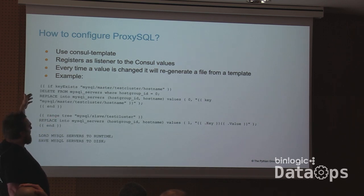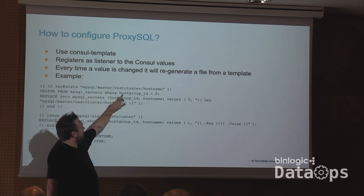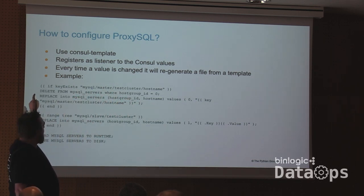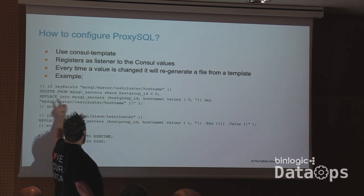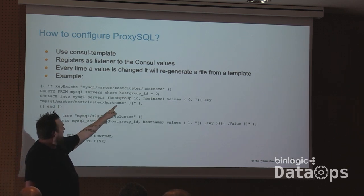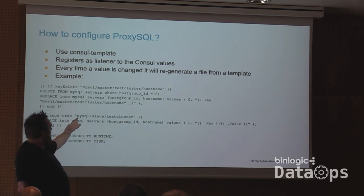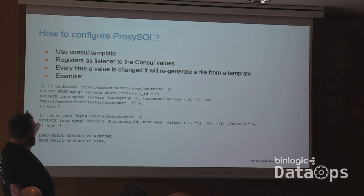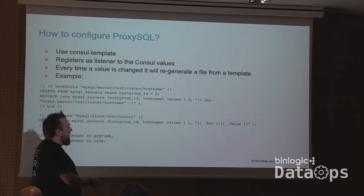In this case, this is an example template that Ivan once wrote. We're working with a test cluster. So it gets the master host name for the test cluster. It deletes anything in our writer host group. In this case, we have writer host group 0. And it will replace the values we have in the configuration file. And then for the MySQL slave tree, it will just loop through them all in the entire range, and it will replace them in host group 1, which is our reader host group, with key and value